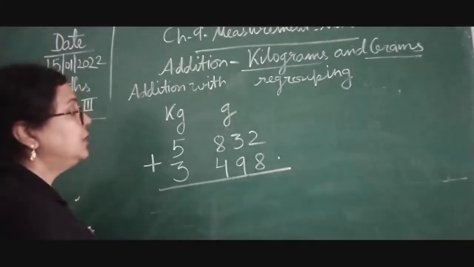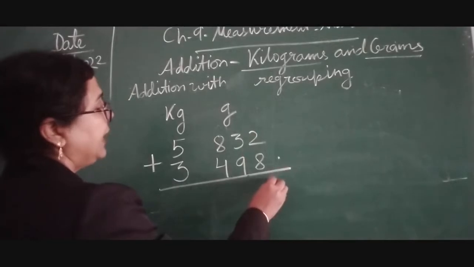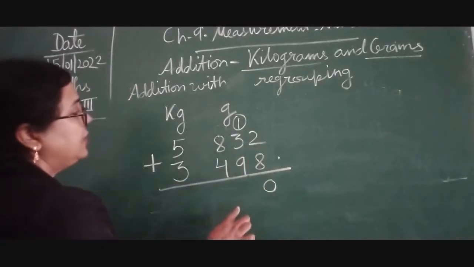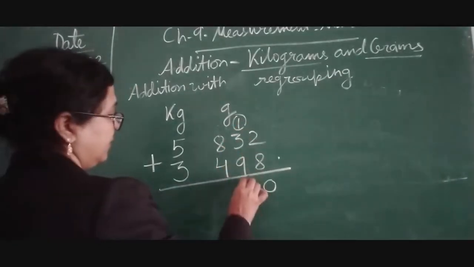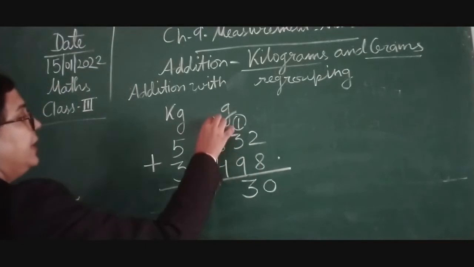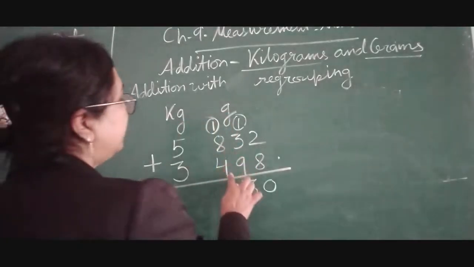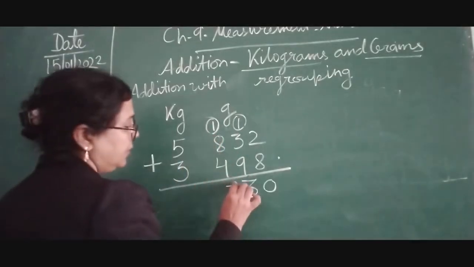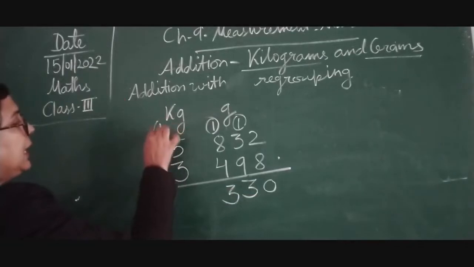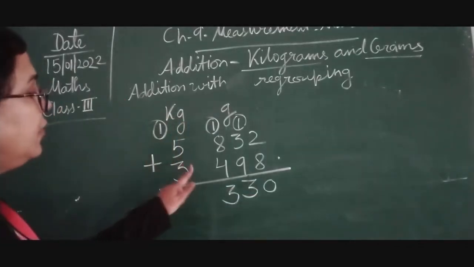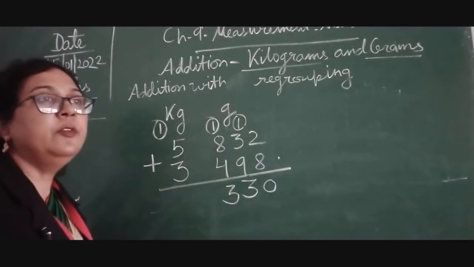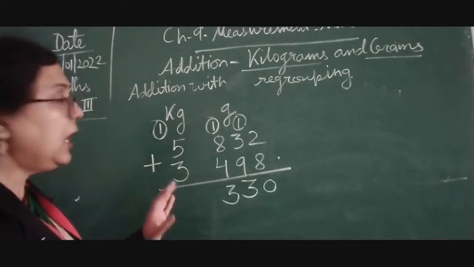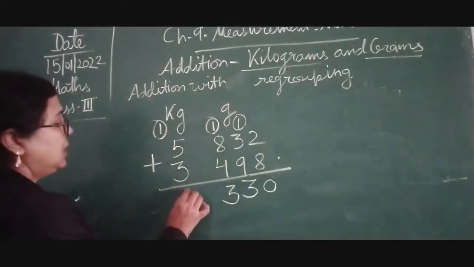Okay. Now here children, 8 plus 2 we will get 10. 1 is carried over. 9 and 3, 10, 11, 12 and this is 13. 3 will be placed over here and 1 is carried over. Now 8 and 4, 9, 10, 11, 12 and this is 13. 3 is there. Now 1 again is carried over. So 5 and 3, as you all know children, when we add 5 plus 3 we get 8. Okay, 8 plus 1, this is 9.